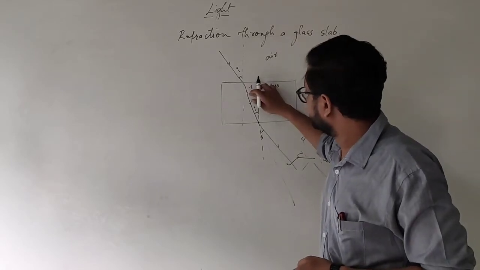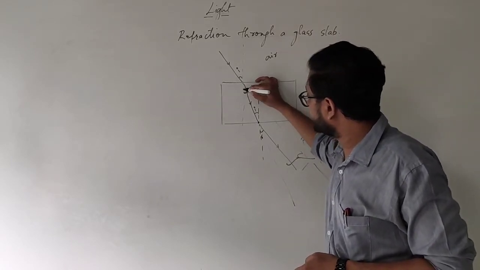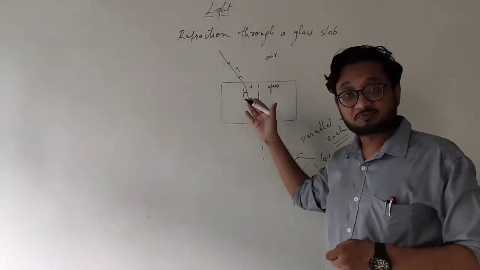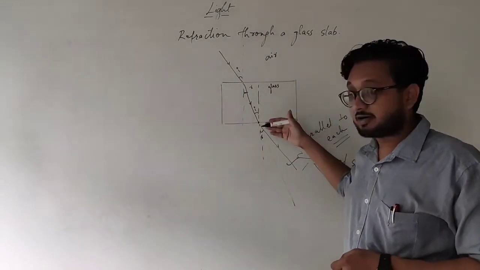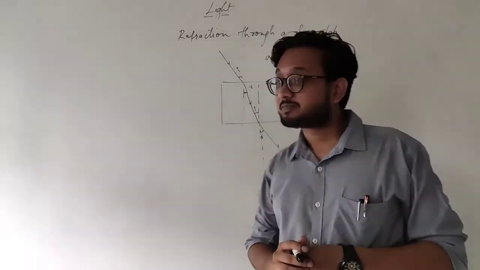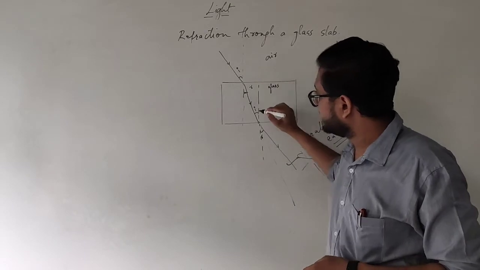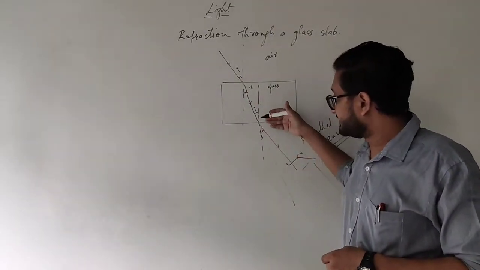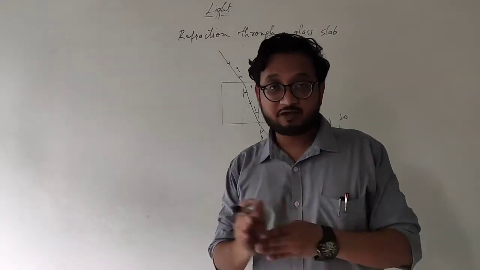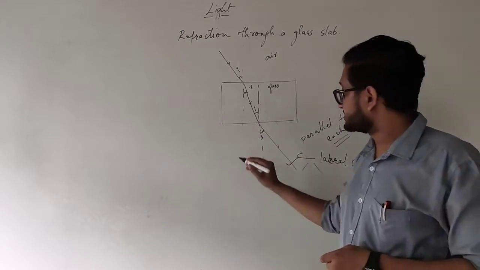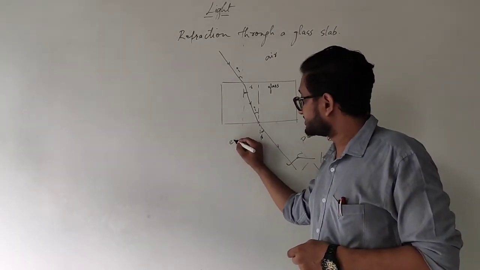Okay, sorry, one mistake. The angle of refraction is measured with the normal; the angle of incidence will be greater, the angle of refraction will be smaller. When it makes a point of incidence on the other part of the glass slab, this refracted ray becomes the incident ray and creates an angle of incidence. When it is exiting, it is going to move away from the normal, and this is the angle of refraction, which is also called the angle of emergence,